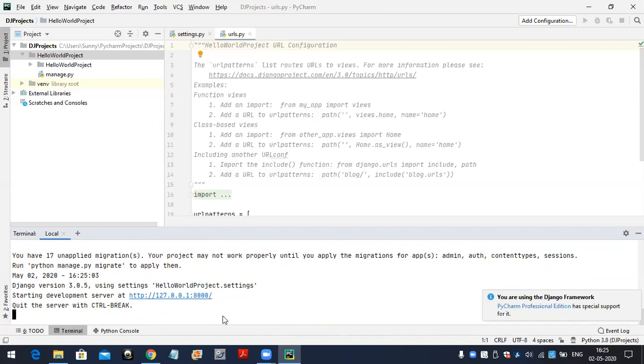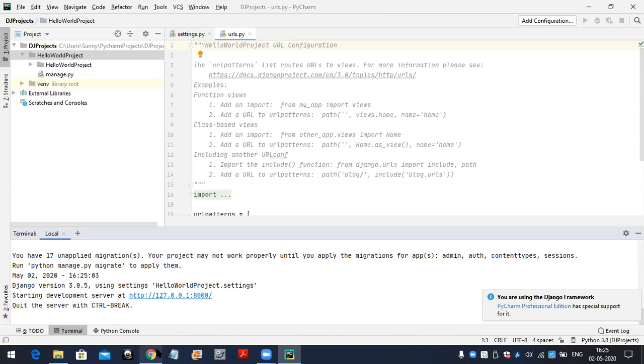Happily we can use that server here. The default port number of the Django server is 8000, and in this location the Django server is running. So now the server started successfully.